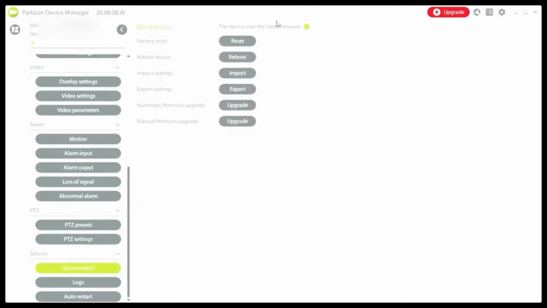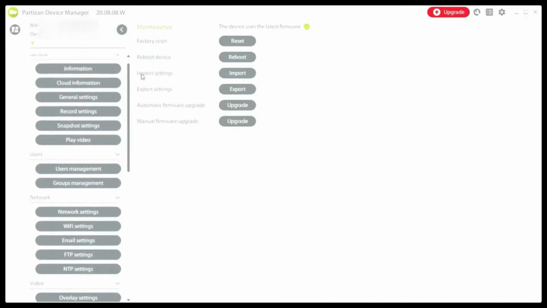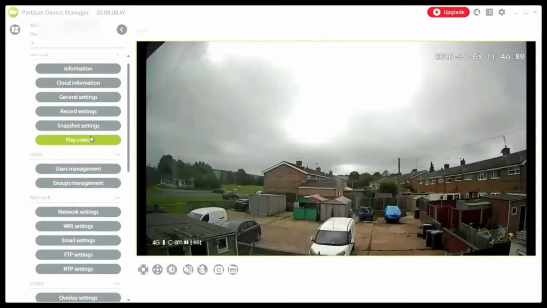Maintenance, this is where you check the device uses the latest firmware. This is where you do your automatic firmware upgrade, which I've already done before this video. So you will notice it will say if it needs upgrading to do it there. As you can see, nice little image. Again, that is going through a window, so please don't think it's that blurry. Turn sound on and off here if the camera has that function, and the microphone as well if the camera has that function. Other than that,